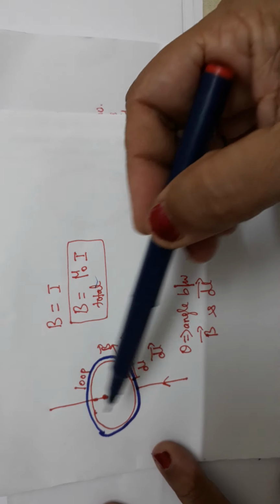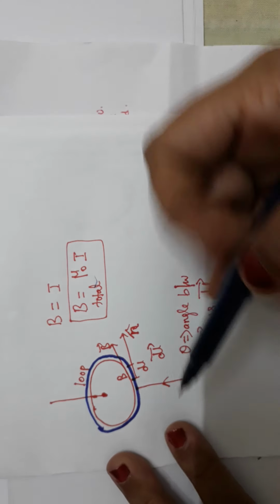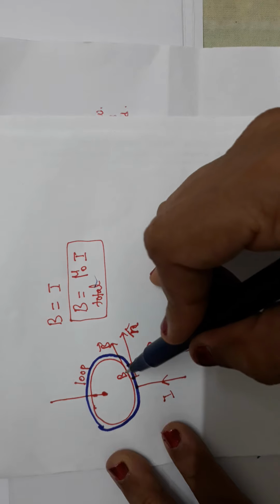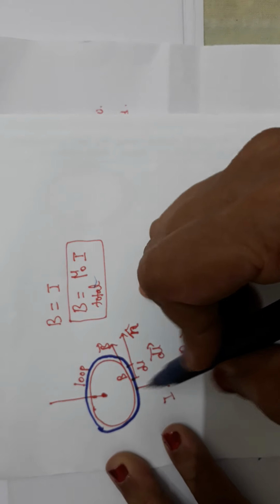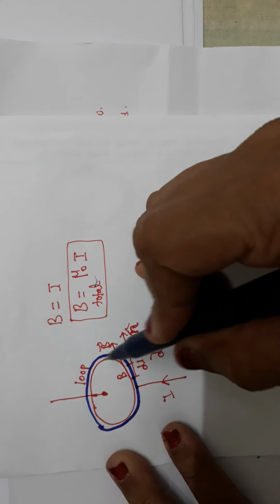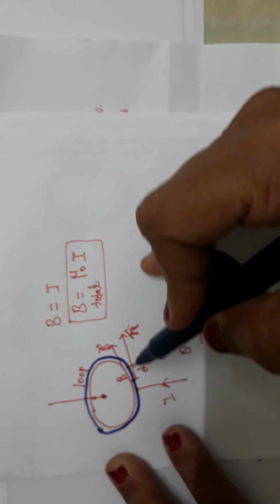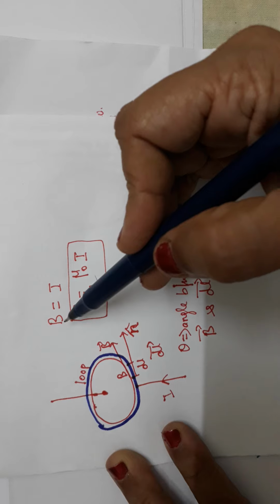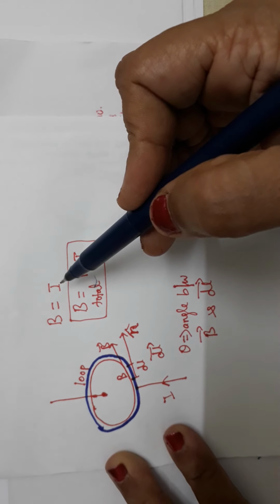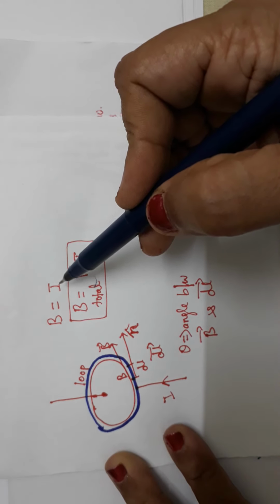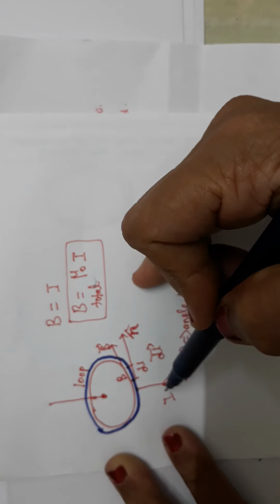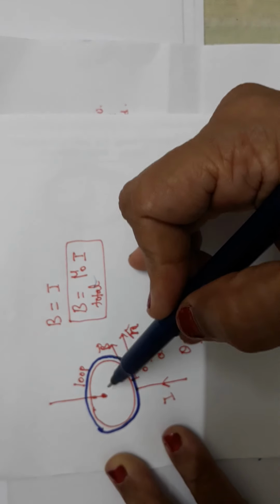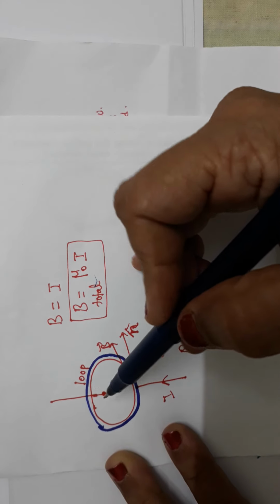You can see a current carrying conductor, right? I is the current in the conductor. It will produce the magnetic field, right? Around the straight conductor, the magnetic field is circular, okay? Now B is the magnetic field. Now what is the source of the magnetic field? You know that current is the source of the magnetic field. So once the magnetic field is produced by this conductor, it spreads around the conductor, right?